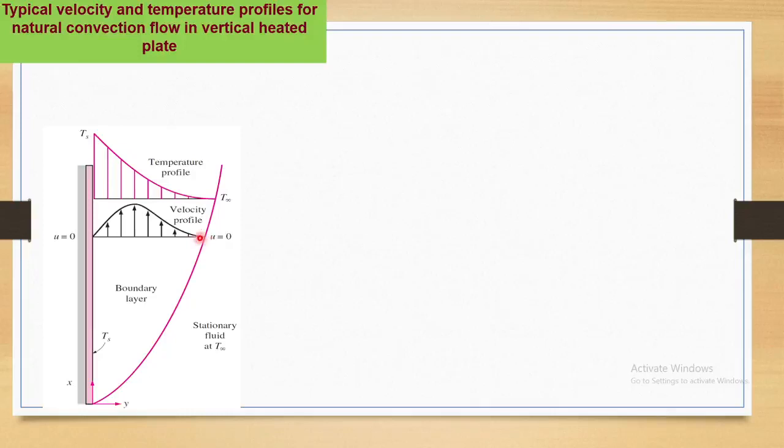So there is a boundary layer formation within which velocity is varying such that velocity is zero at the plate surface and at the boundary layer surface, and it is maximum at the middle of this boundary layer. Similarly, the temperature of the fluid particle will be equal to the surface temperature and will gradually decrease and will be equal to the fluid temperature at the boundary layer. So this way velocity profile and temperature profile will form when a heated plate is exposed to cold air.